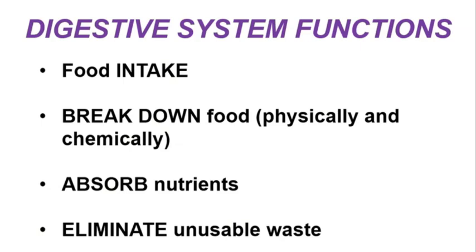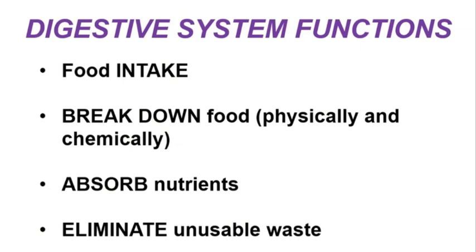Once ingested, breakdown begins. We will encounter two types of breakdown, physical and chemical. So physical, which is also called mechanical digestion, is the process in which food is broken down into smaller pieces. Chemical digestion uses enzymes to break chemical bonds within the food molecules themselves. This includes breakdown of carbohydrates into monosaccharides, the breakdown of proteins into amino acids, and the breakdown of lipids into